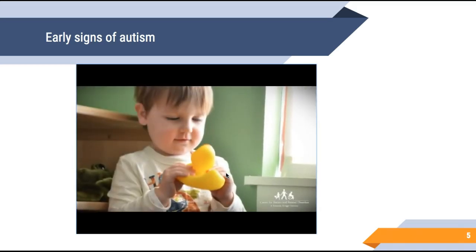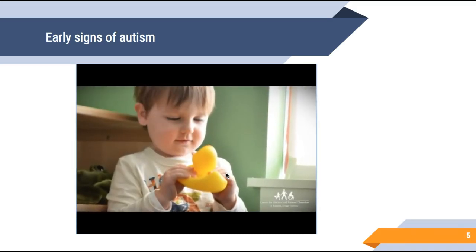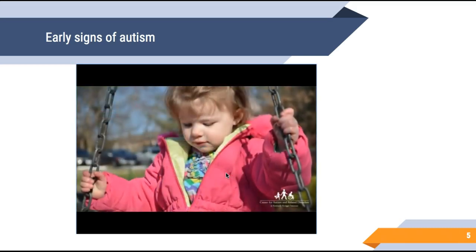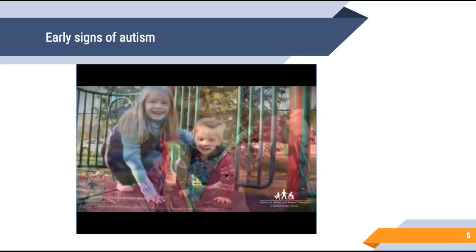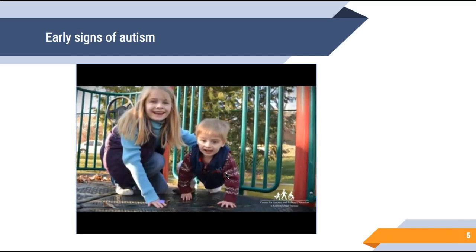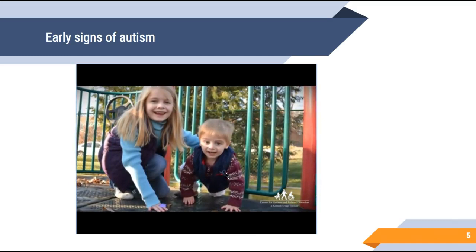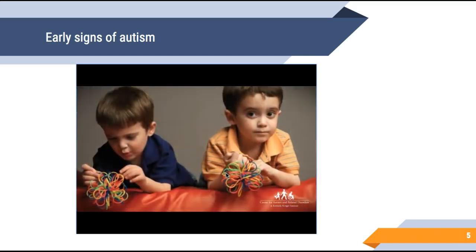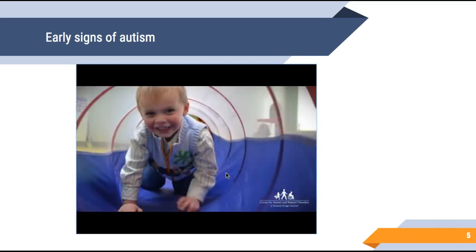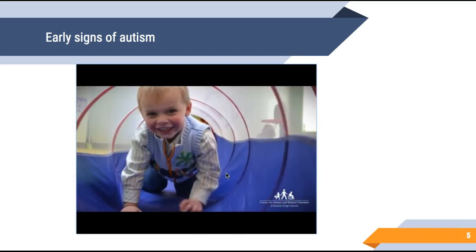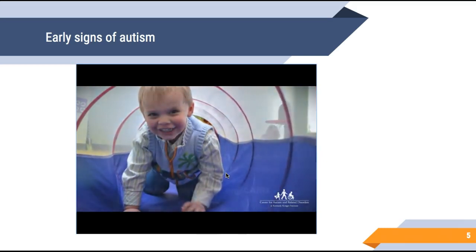ASD is a neurodevelopmental disorder affecting multiple aspects of development, especially social and communication skills. Children with ASD often show unusually intense interest in certain objects or sensory experiences. They may repeat certain behaviors over and over again. The signs of ASD are not transient, but rather persist over time. The earliest signs of ASD are often subtle and become clearer in the second and third year of life.